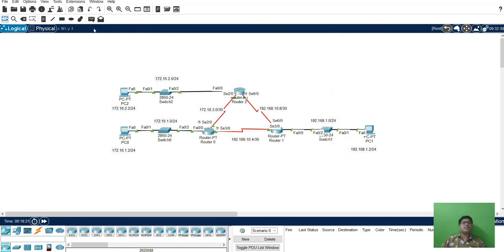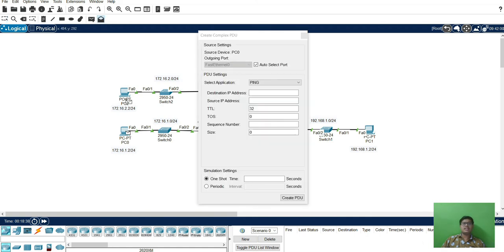So let's check whether the ping is going from the first PC to the router. Here you can see it is going successfully. From this PC to the router it is successful. From this PC to the router it is successful. Now, from this to this, will it go or not?